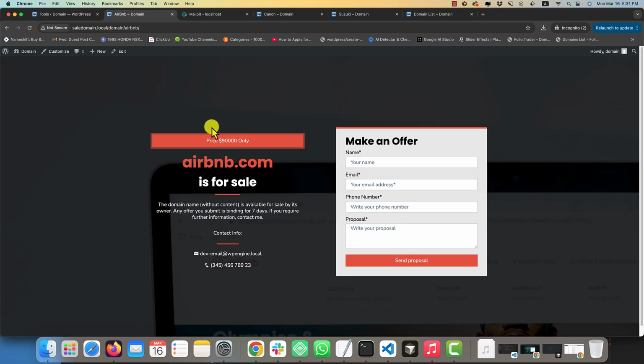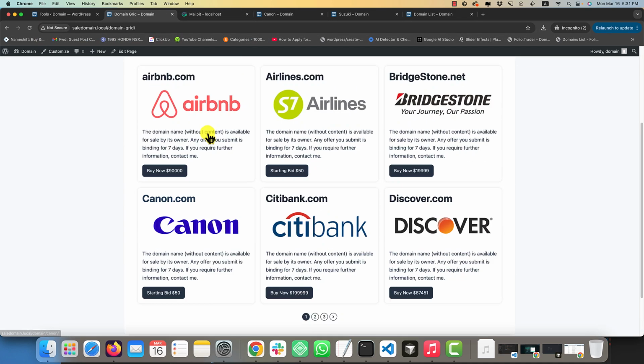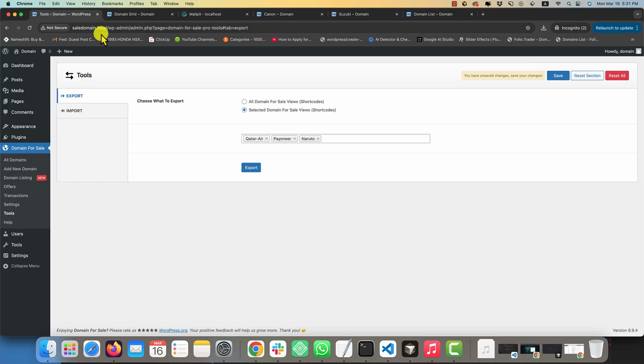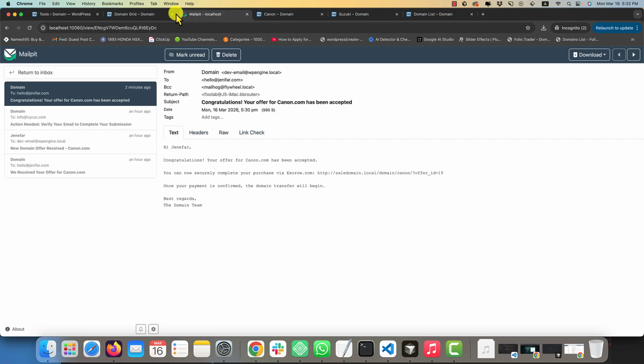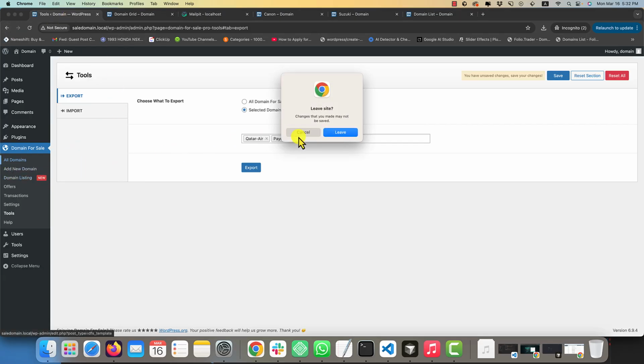And that's it! The Domain for Sale Pro plugin provides everything you need to showcase, manage, and securely sell your domain names directly from WordPress. With powerful landing pages, listing layouts, offer management, and escrow.com integration, it gives domain investors a complete solution for selling